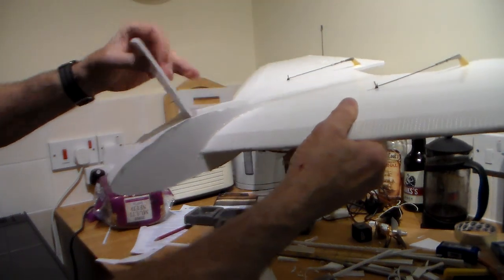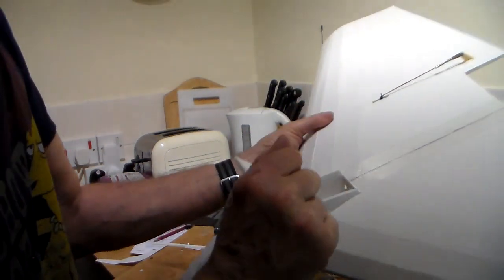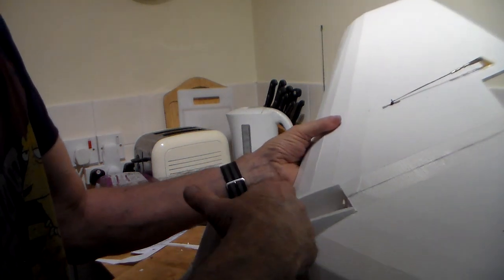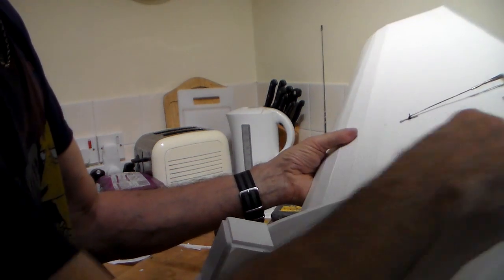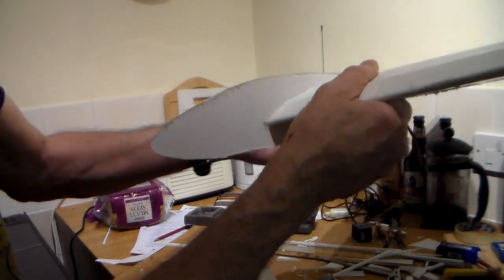Opening flap. If I'd thought a bit more about it, I could have considered more about the electrics. But it all went in very easily afterwards anyway. Considering motor at the back, battery at the front, receiver and speed controller here, it's only a question of feeding through to the servos and the motor, so not too bad really. But I'm quite pleased with that, and as I say, it is a prototype, so it is a bit scruffy